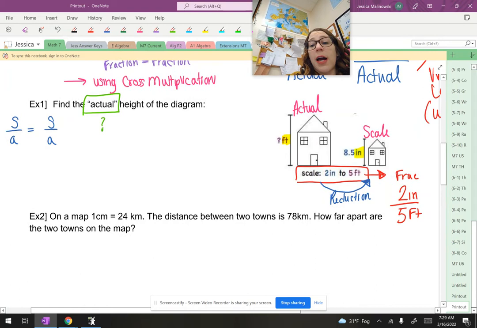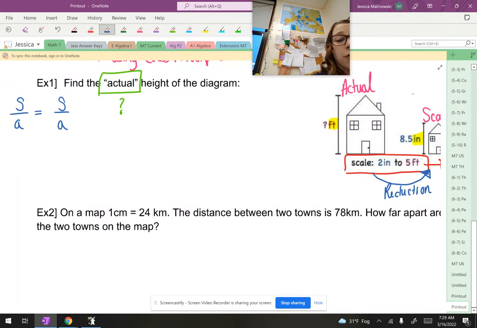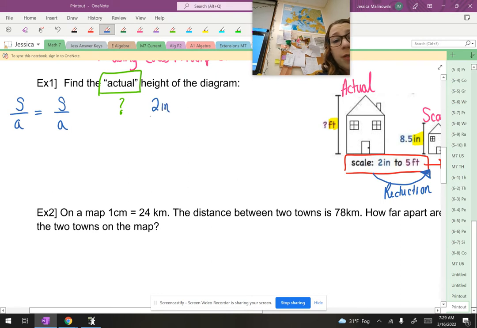2 inches going on top because that's the scale, right? We decided that the scale house was the one that was measured in inches. So I'm just going to take that over to my proportion over here. So I have 2, again, keeping those labels, 2 inches over 5 feet, and that's going to be equal to,